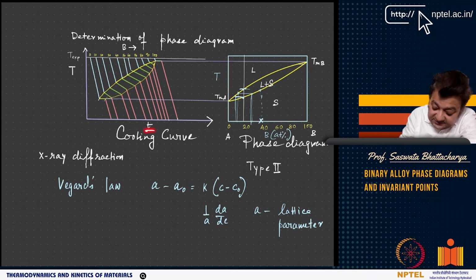In the cooling curve, this is the time and this is temperature, and these are the compositions, right? For discrete compositions, we have different cooling curves, right? Now, I have looked at this two-phase coexistence region to draw this phase. And we have looked at this change in slope here, where we see this change in slope from liquid to liquid plus solid. And again, you have this liquid plus solid to solid.